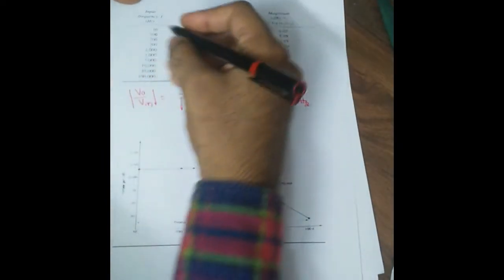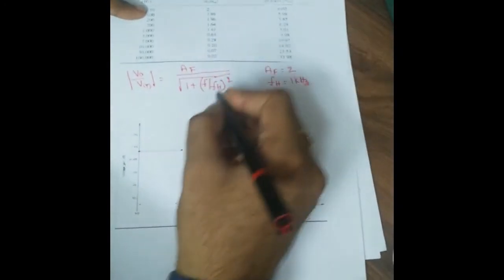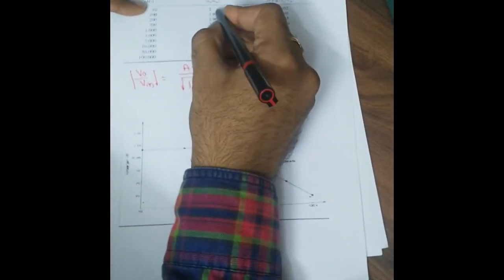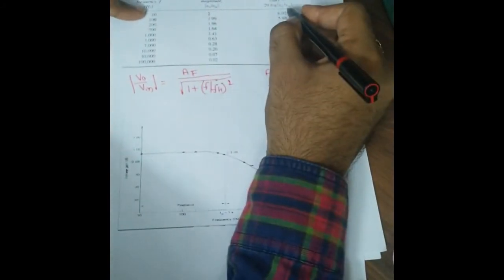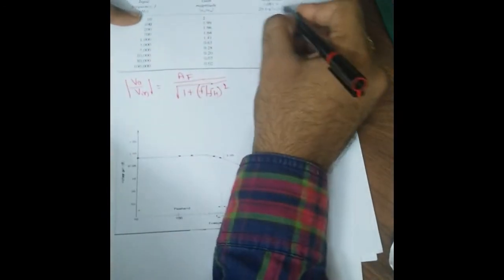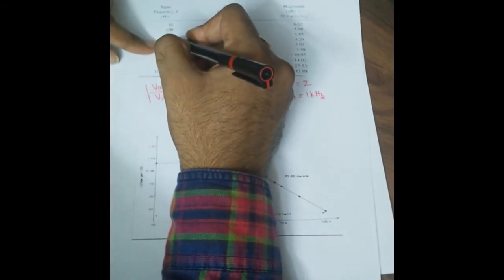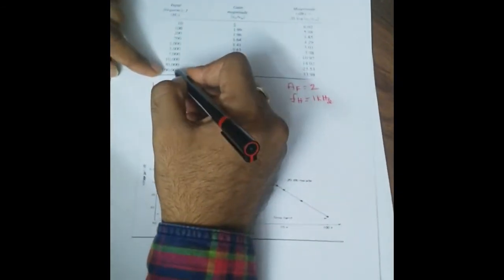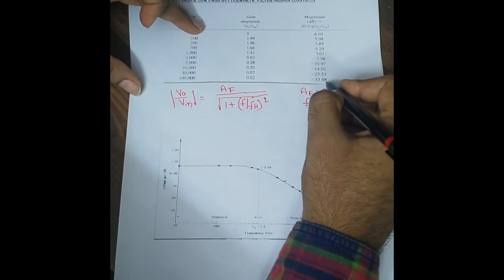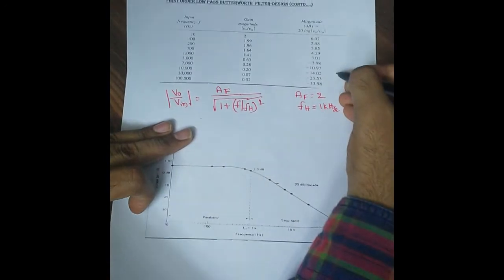Okay. And for different values of frequency F, say for the first value 10 Hz, we have calculated the value of gain magnitude for the particular low pass filter, and we obtained it as 2. And for that we have calculated the magnitude, that is 20 log V0 by Vin. So we got 6.02. Similarly, we have calculated for 100 Hz, 200 Hz, 700 Hz, like that up to 100,000 Hz. Okay. And the corresponding readings are noted. So the gain magnitudes are calculated and tabulated.